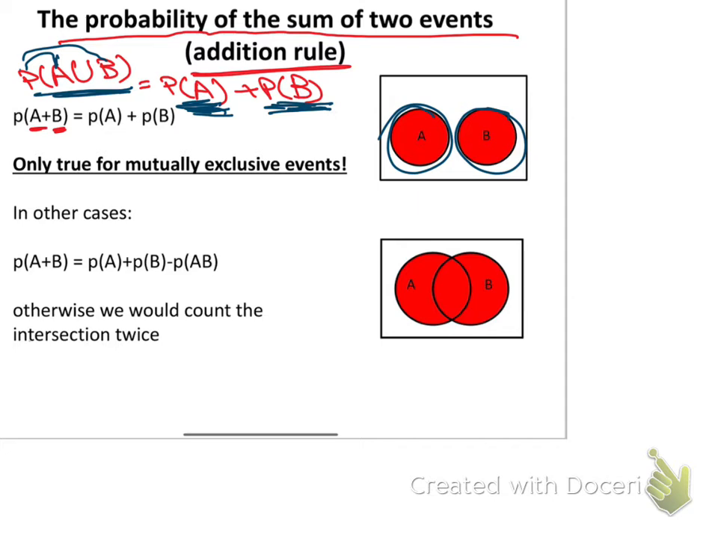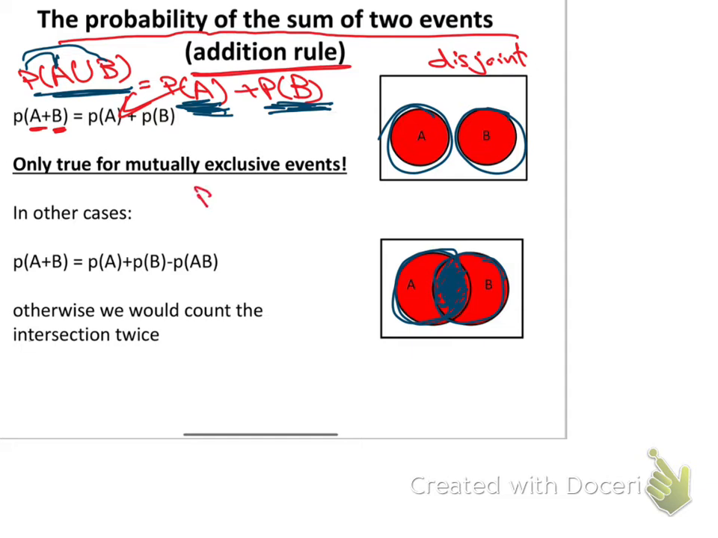But if there is an intersection between them, like this one, and we take the probability of A, we get all of A. And the probability of B, we get all of B, including again this section of A, which was already counted. So it is counted twice. In the case of disjoint sets, this formula can be applied. But in the case of not disjoint, where we have an intersection,